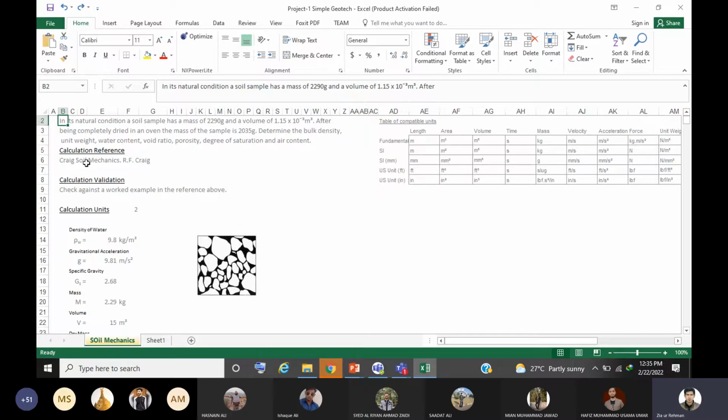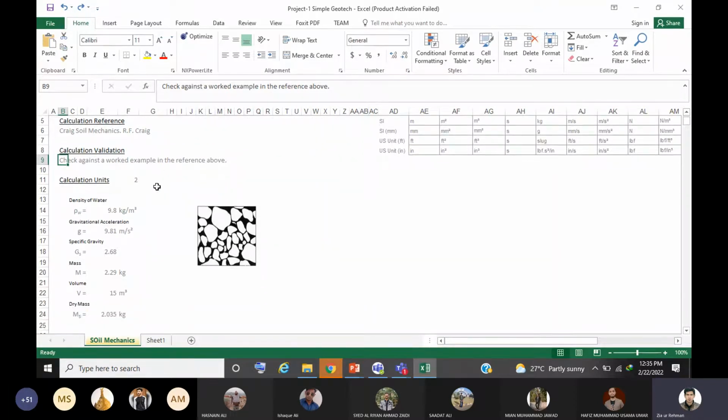To solve this calculation, the reference is written that I have taken it from the Craig's Soil Mechanics book. Calculation validation: I have solved it, and then I also validated it with the answer that I get from the book or the answer that I get from the calculators by solving it myself. So all these readings are validated.